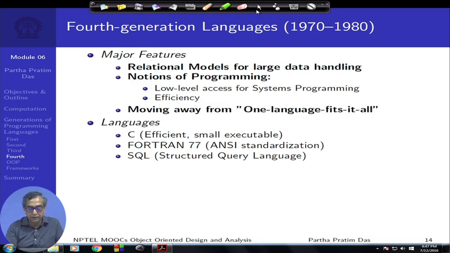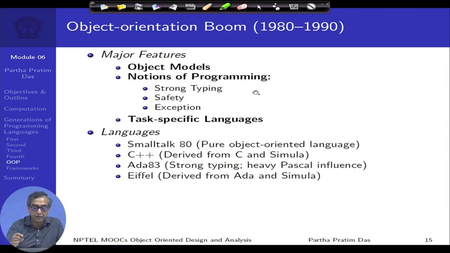It is a revised version of Fortran, which borrowed a lot of other good features from different programming languages. The next decade, the 80s, started seeing the boom of object orientation. As you would recall from the earlier generations, the basic concepts of modularity, abstraction, decomposition were slowly getting introduced in languages like